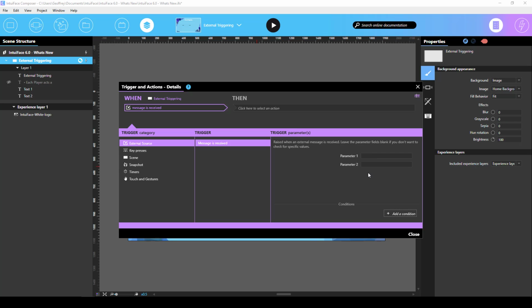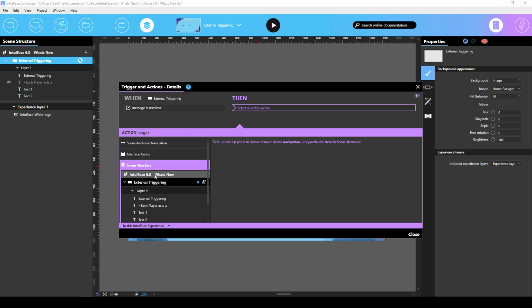Now, if I put in parameter values, it acts like a conditional. It requires those parameter values to be triggered. By leaving them blank, we're saying we'll accept any value, and let's do that. We'll accept any value. So when a message is received, then I want to assign the two parameter values to